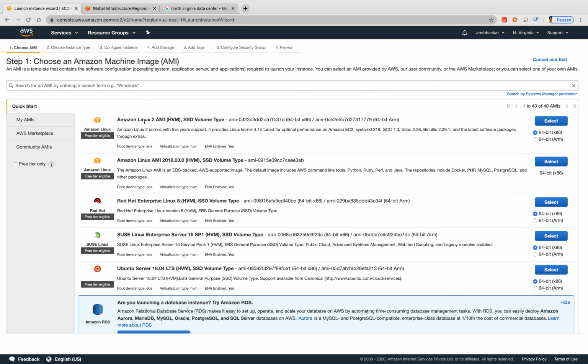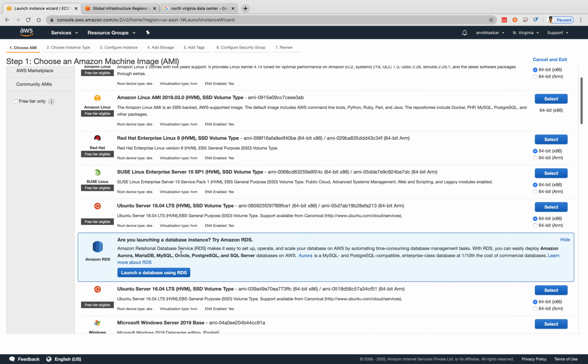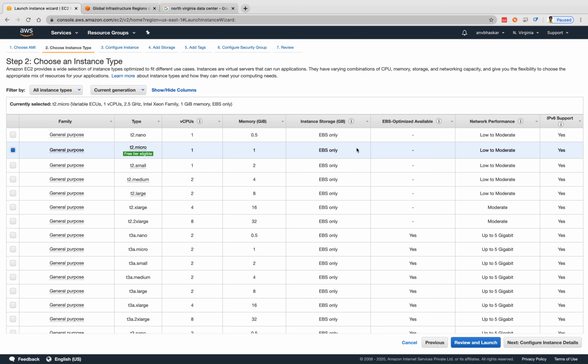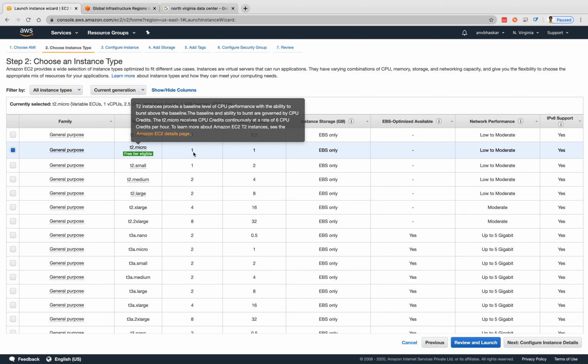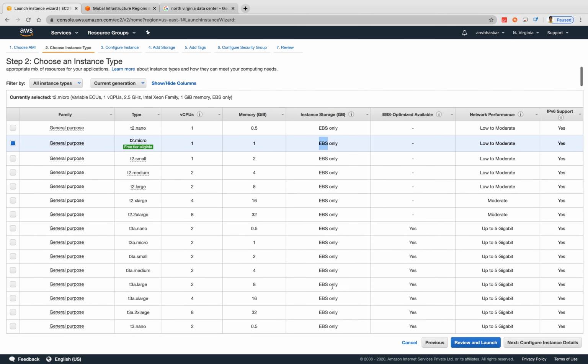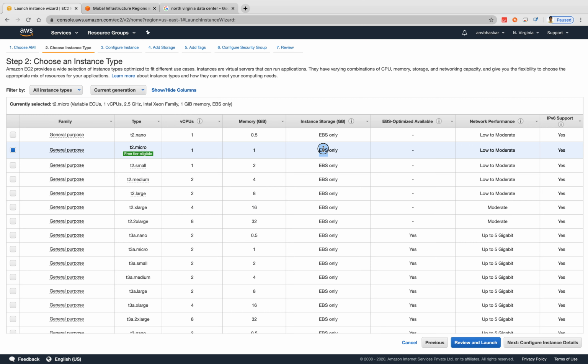Okay, I am taking the Amazon Linux 2 AMI. What is an AMI? This was already explained in my previous section. Please watch it if you are new to AWS. I am just clicking the free tier, and I am choosing EBS. That means if you deploy an application and you reboot, the application will still be there. If you use a different one, then the application will be lost. It's like an Elastic Block Store.